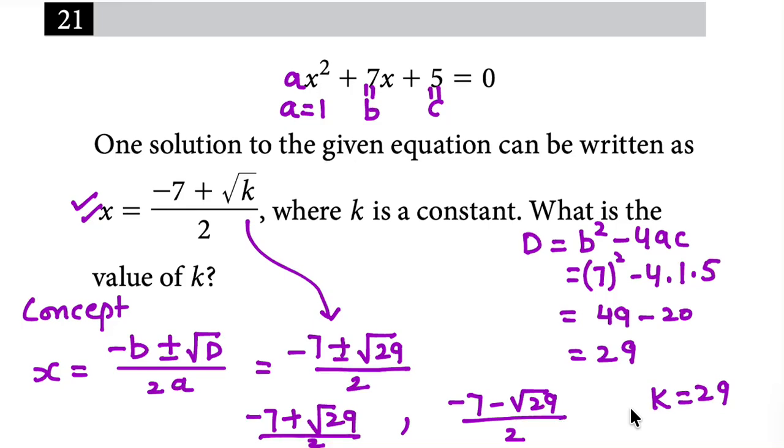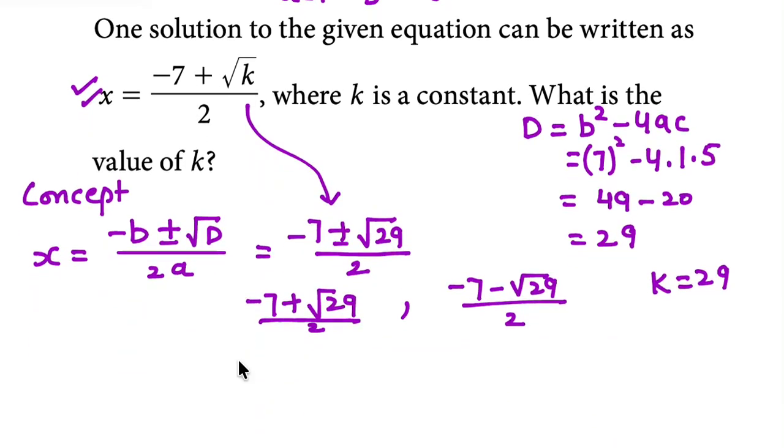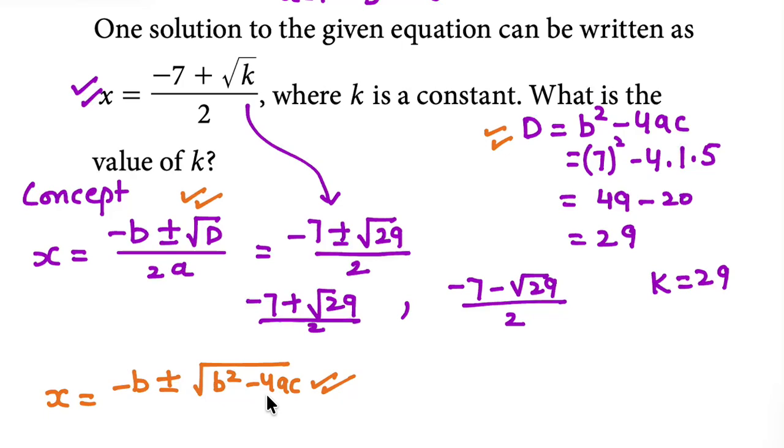And sometimes if you have very good concentration and you are habituated to seeing long equations, you can also write it like this: negative b plus minus square root of b squared minus 4ac. And in this question, b squared minus 4ac is k. So just check your style. What is your style? Are you more comfortable writing d here and calculating d separately, or are you comfortable writing it here as it is? Totally your style. Okay,